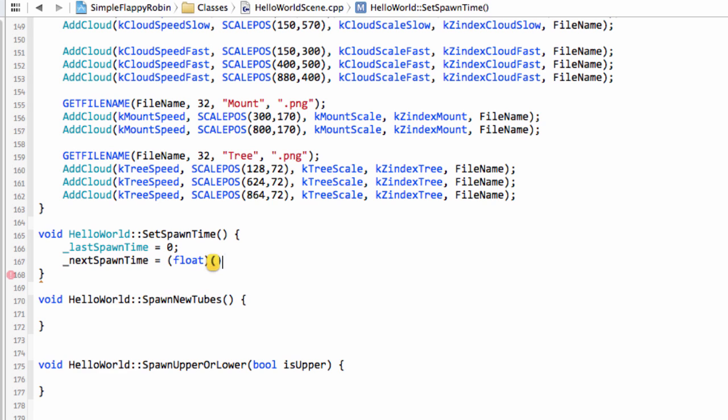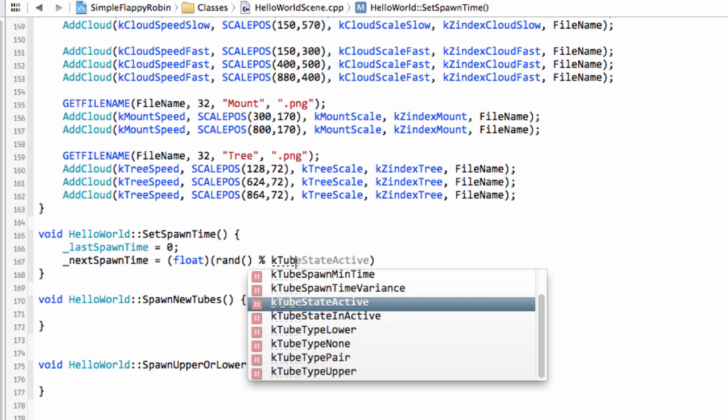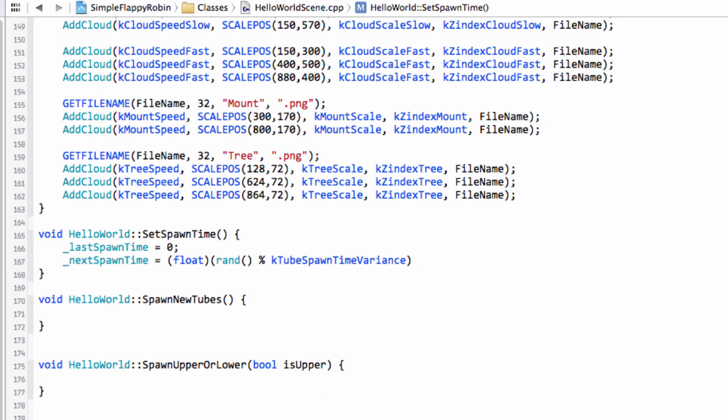And then we want to make a random here, so what we'll say then is rand moduloed by, and this is why I had this kTubeSpawnTimeVariance in a whole number rather than a float, and now we'll divide that by 10, and then we can say plus the kTubeSpawnMinimumTime, like so. So that will give us our 2.3 to 3.1 seconds for the next spawn time, and the last spawn time